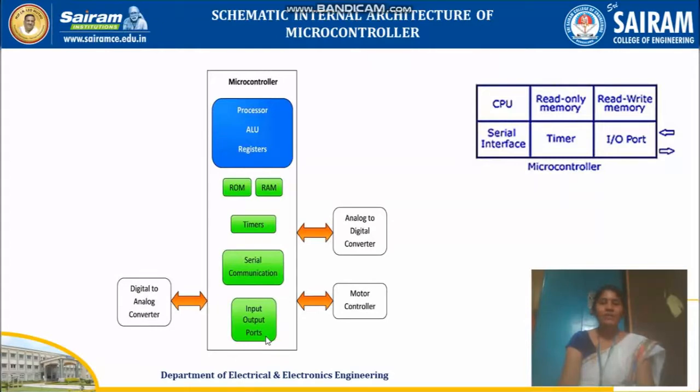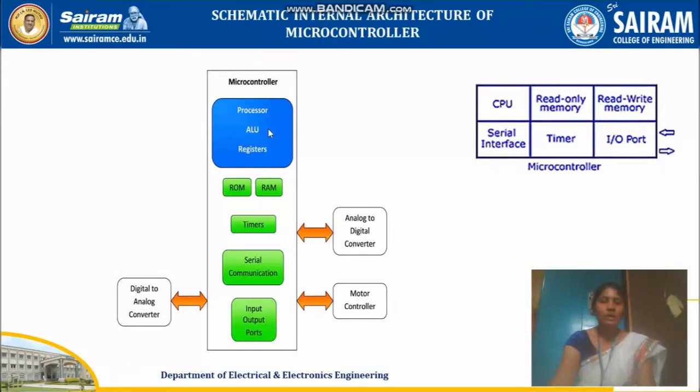Why? In the sense, we cannot understand the digital output we obtain from the microcontroller, and the microcontroller cannot understand the analog input, because we are capable of giving the data in the form of analog, but the microcontroller can understand only digital data. So we need a digital to analog converter and an analog to digital converter, because we are going to feed the input in the form of analog. So for the microcontroller to understand, we need an analog to digital converter.